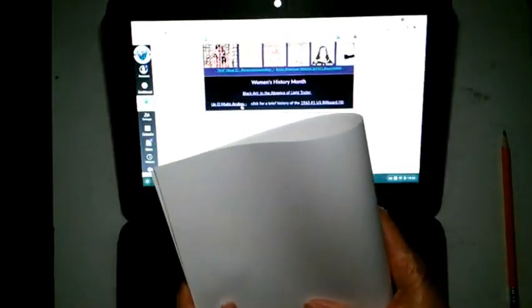I have my Chromebook open to my Canvas homepage, and I'm sitting in a dark room. I also have 3 sheets of 9 by 12 paper, a pencil, and I'm going to be taking this stack of paper and folding it into sections. So this is all 3 sheets, folding it in half,